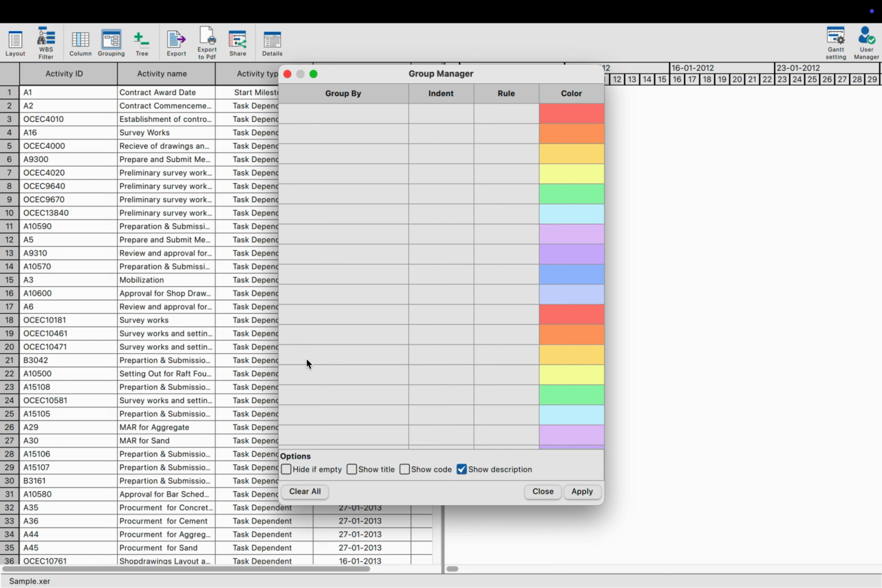Here, we see a table with 4 key columns: Group By, which defines how activities should be grouped; Indent, which controls hierarchical grouping levels; Rule, which lets us refine the grouping criteria; and Color, which assigns different colors to groups